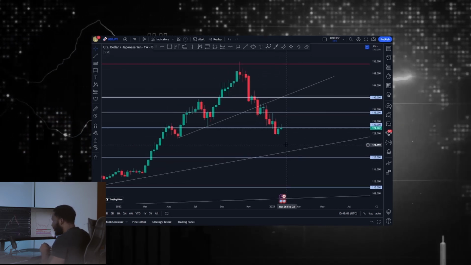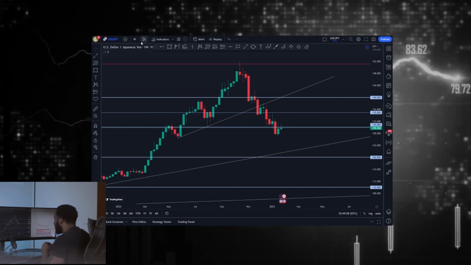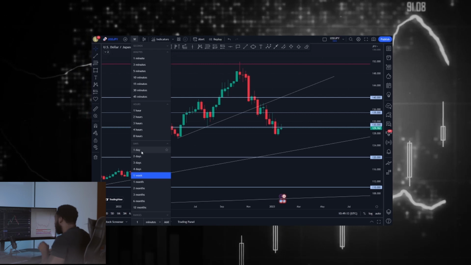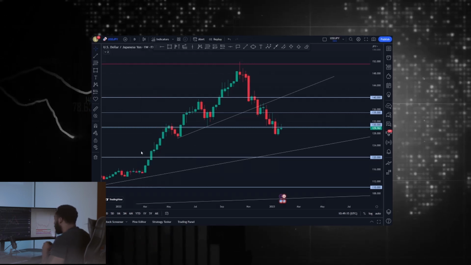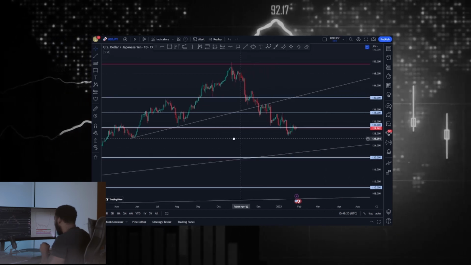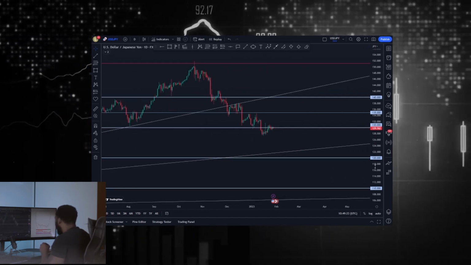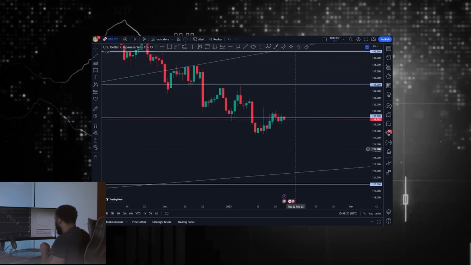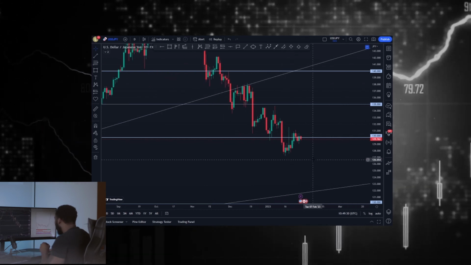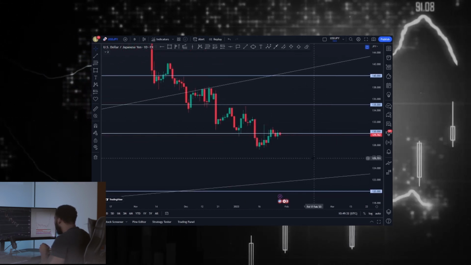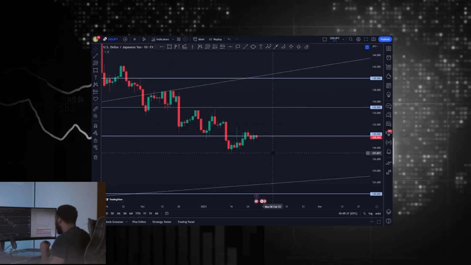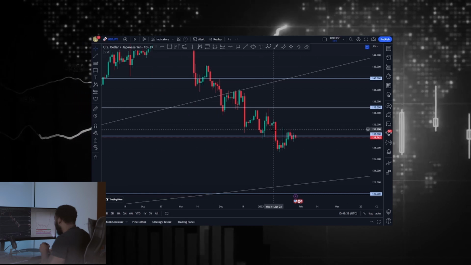Now, after seeing this on the weekly time frame, I had more conviction that this was a bearish market. Then I dropped onto the daily time frame. On the daily time frame, you can see that price proceeded to break the 130 psychological whole number, and this was basically one of the levels that I wanted to key off this week coming into the market. Seeing that price had a massive rejection